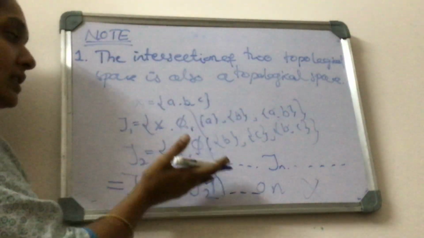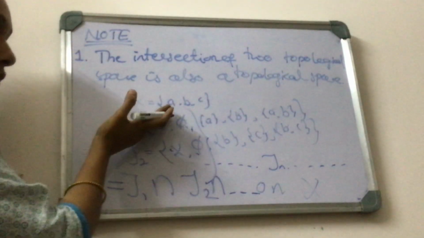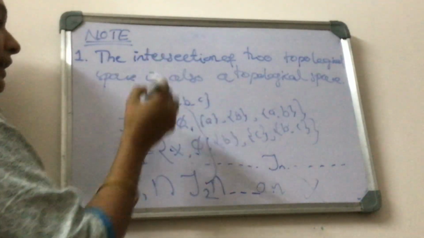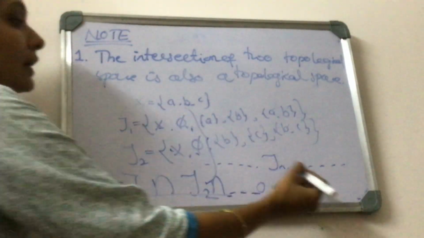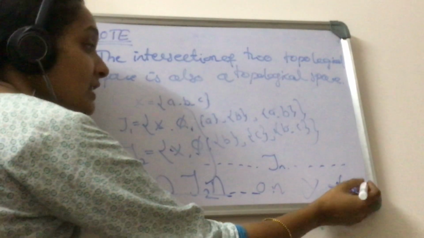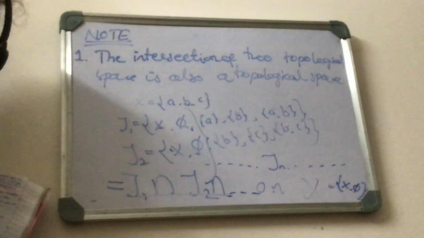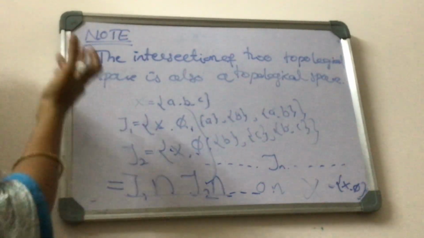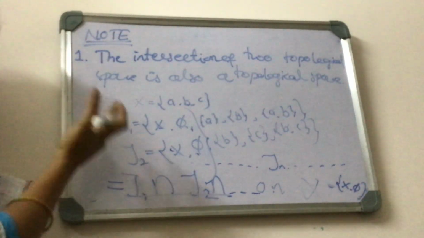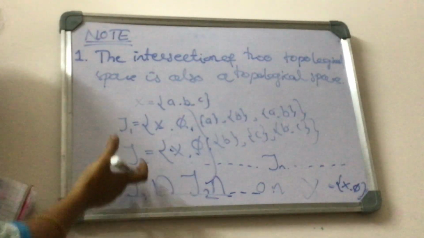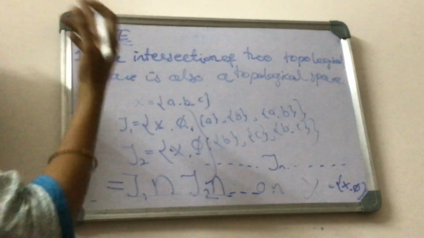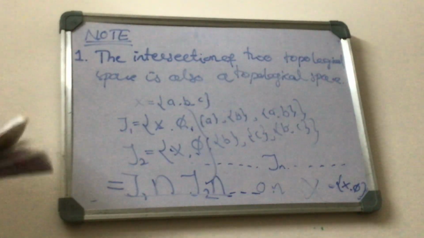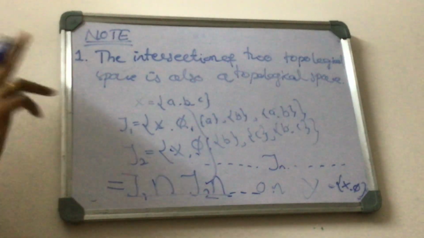So if you keep intersecting X and phi, what will you get? The intersection of all these topologies. Finally you will get the set X, phi, which is the indiscrete topology, and that is also a topology on X. Therefore the intersection of any number of topologies on X is again a topology on X. Okay, like that, but union is not. If you take the union